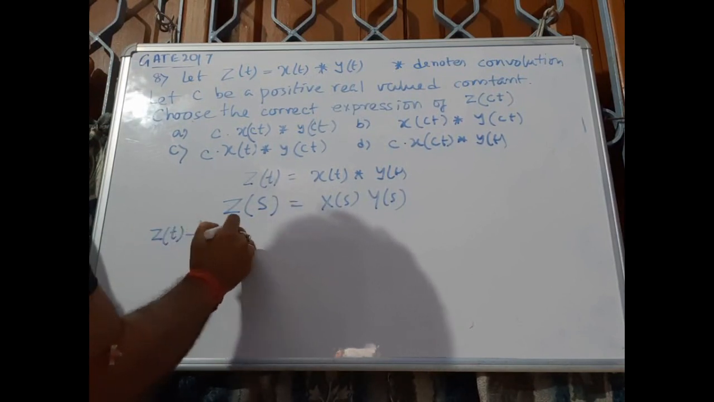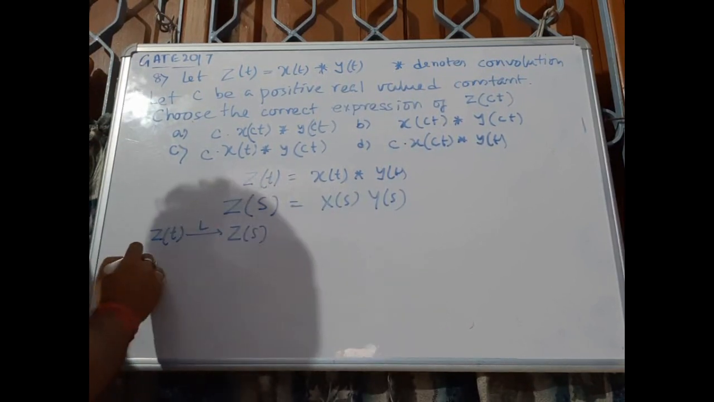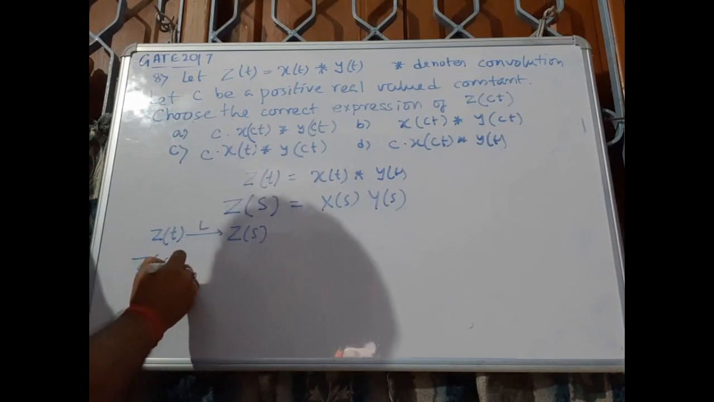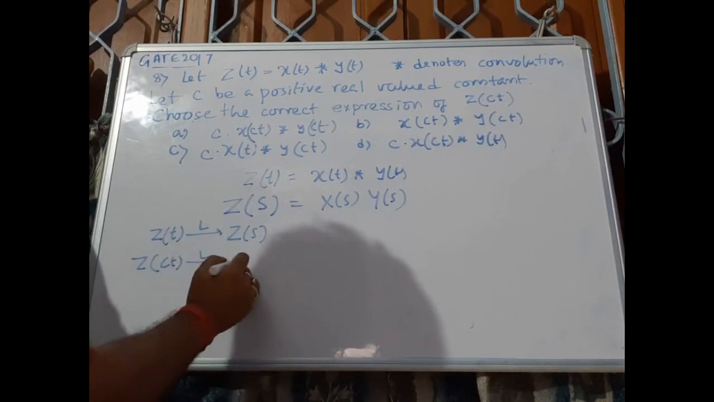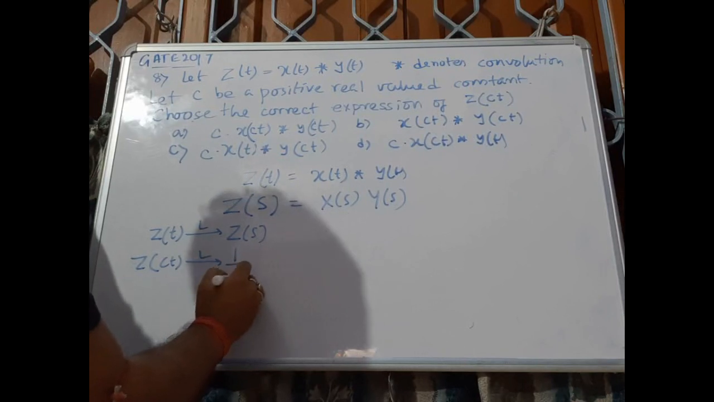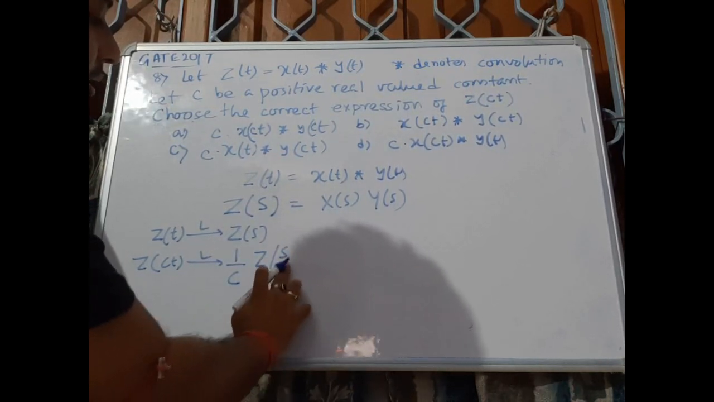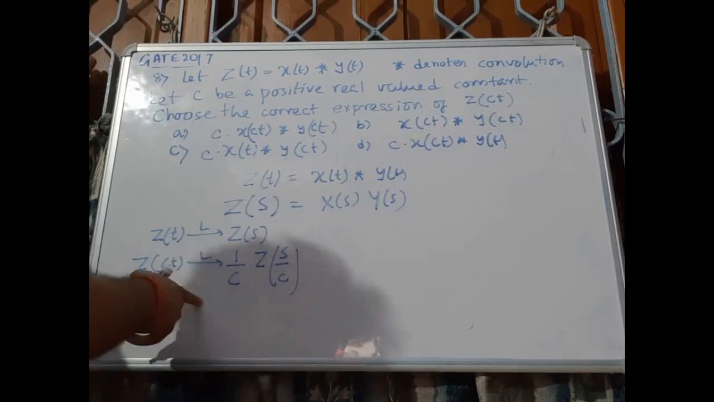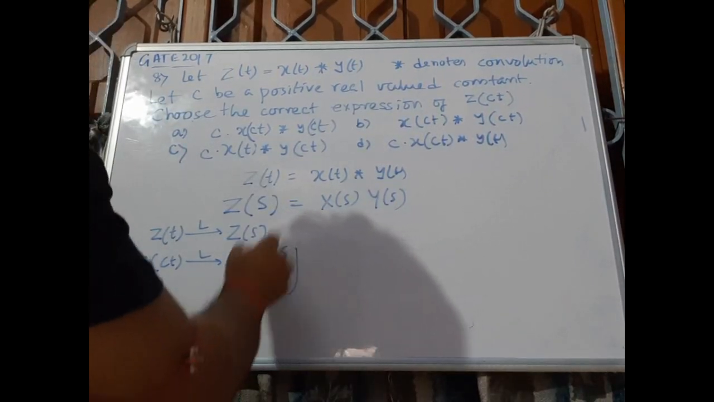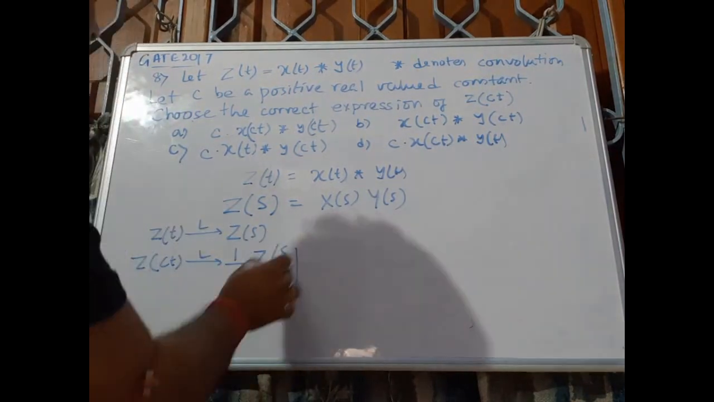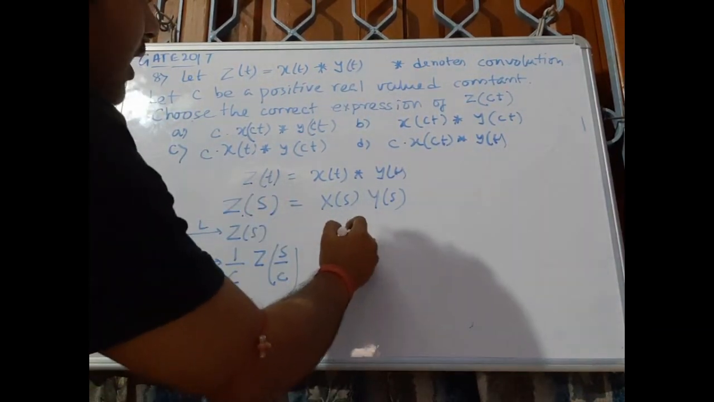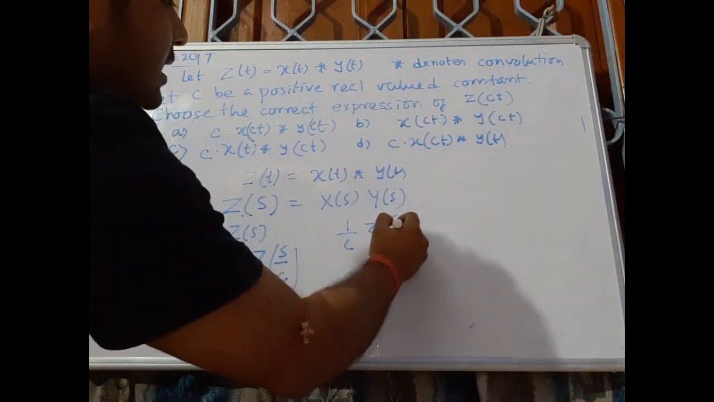Now, if z(t) has the Laplace transform Z(s), then for z(Ct), where C is a constant, the Laplace transform will be 1 by C into Z(s by C), right? So this is a property of the Laplace transform. Now if I put Z in place of this, we have 1 by C Z(s by C),